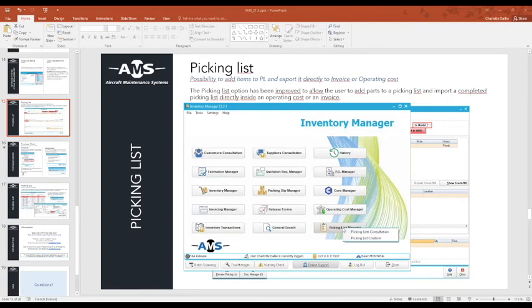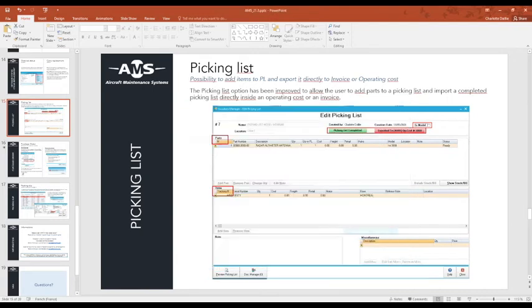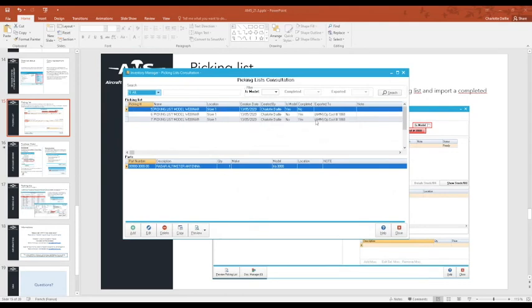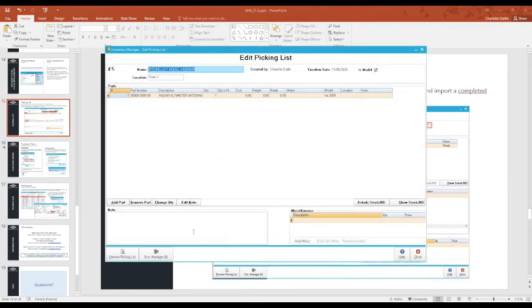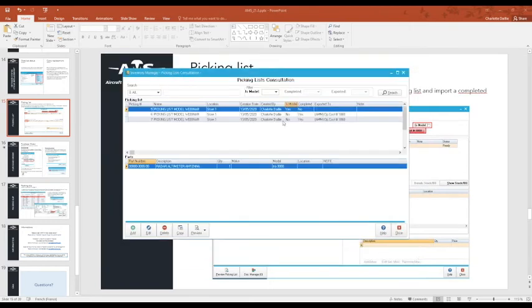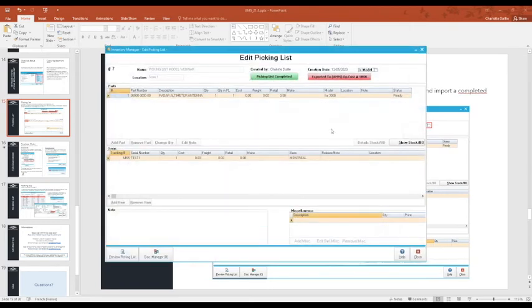Now the picking list manager is a little more complete. The idea now is to have the possibility to create a picking list model. A picking list model is just a list of parts as before. So it's just, okay, I need all these parts for my maintenance. You can give the name and the location of your picking list for the future, and this will be flagged as a model. And from this model, you will be able to create picking lists in which you will add parts.